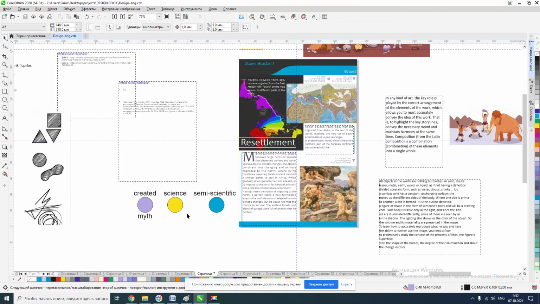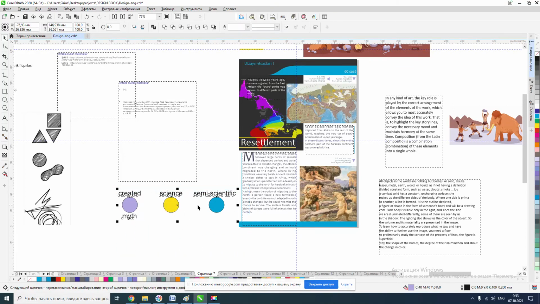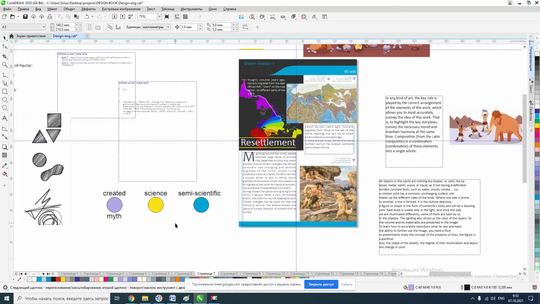Okay, what I want to say, those are the three main ideas, the major thoughts, about how humans could appear on our planet. Do you understand what I want to say? Do you have any questions? And at the end of the lesson, I will ask you for your point of view, your opinion, on how people appeared on our planet.